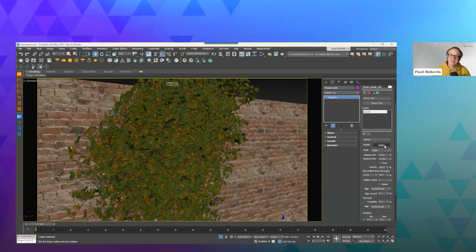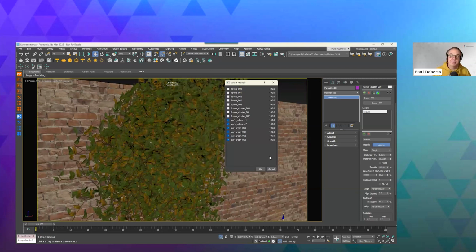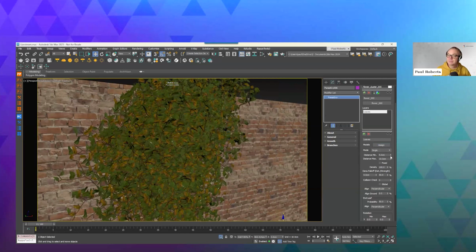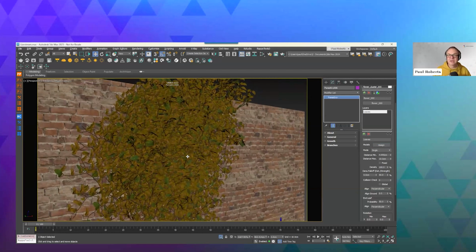So one thing I wanted to mention is that these leaves can be controlled using probability. So for example, I've got 100% probability on everything at the moment. So I'm getting, you know, a completely equal mix of these. But let's say I wanted this to be more autumnal climbing plant. If I turn the green leaves down, for example, and then hit OK, then I might just need to force a rebuild just by tweaking a parameter. Now you can see that I've got a higher probability of yellow leaves there, and